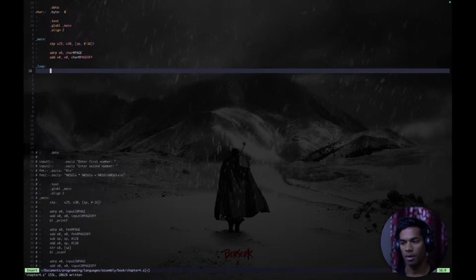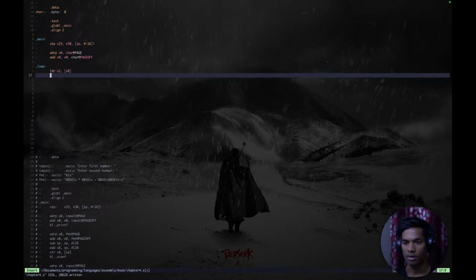Loop, which will first get the value from the 0th register, which will get the value of the memory location whose address is in the 0th register. For that, we'll do LDR the contents into the first register whose location is in the 0th register, and then it will compare the contents of the first register with